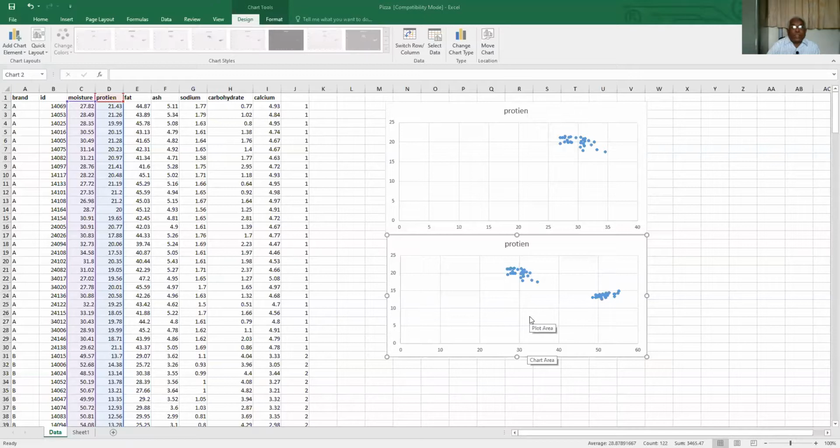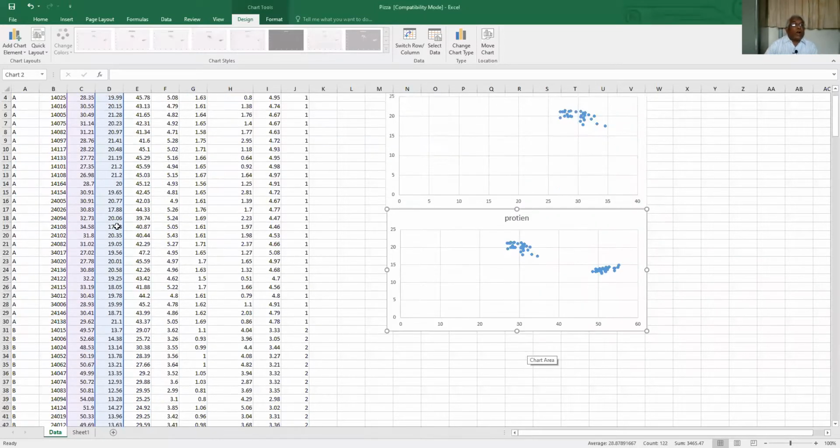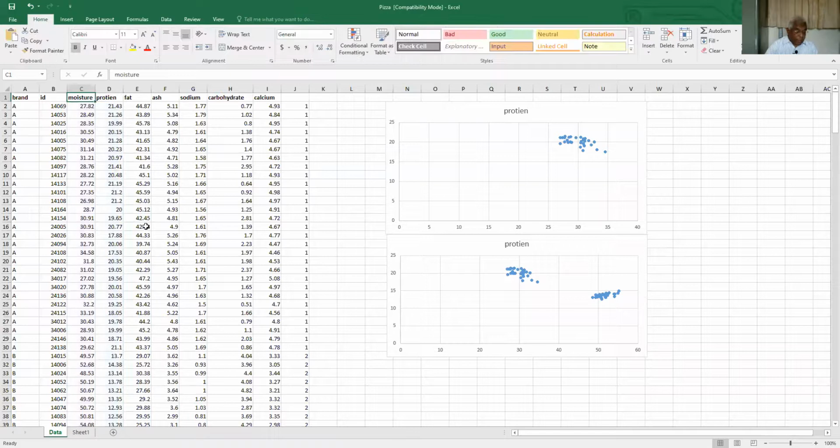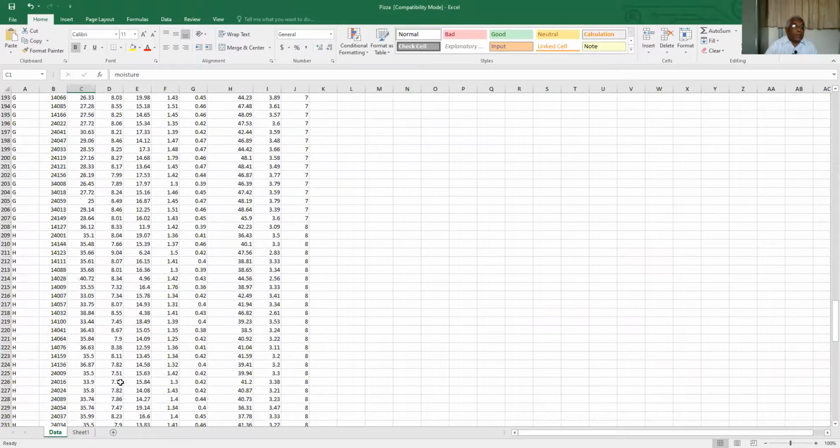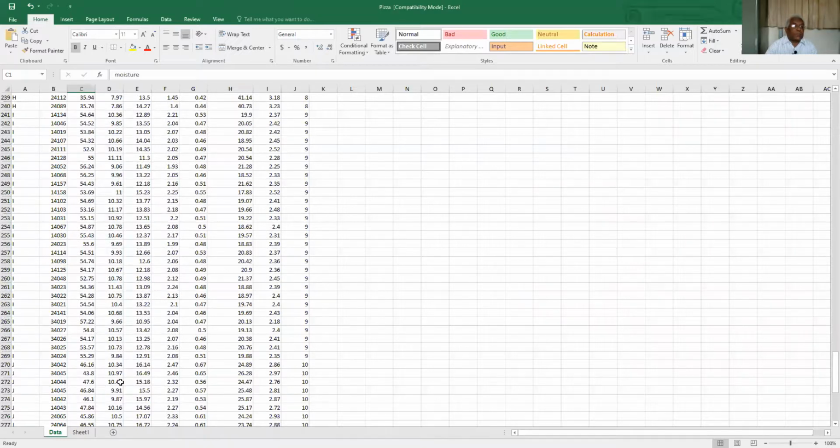So variation in moisture and protein causes this. Now instead of taking 2, I will take all, and let us see what happens.